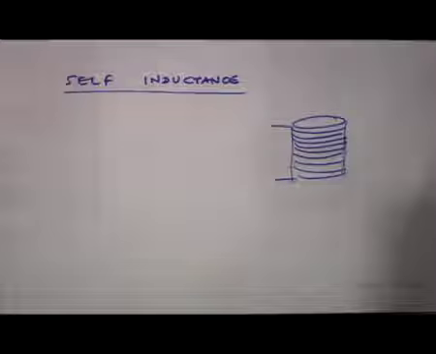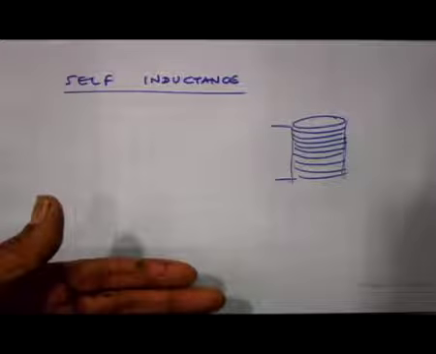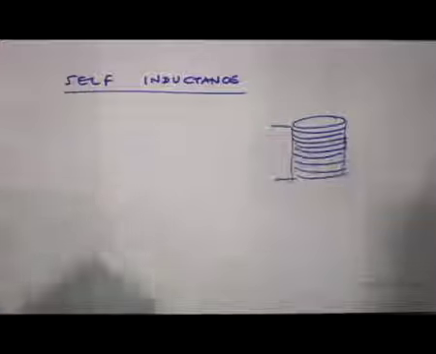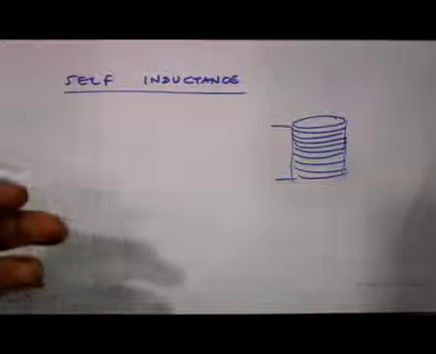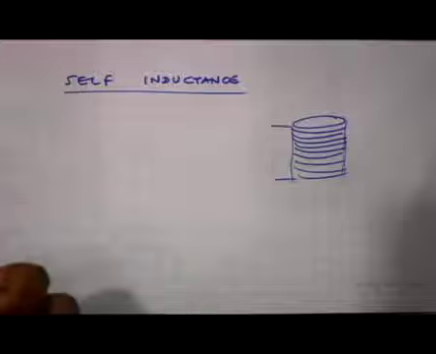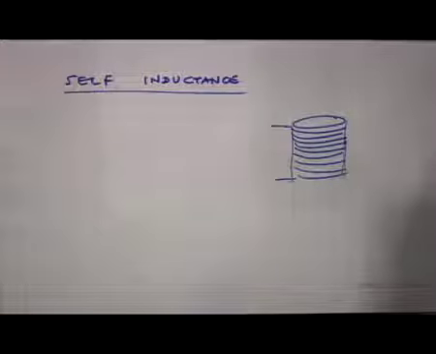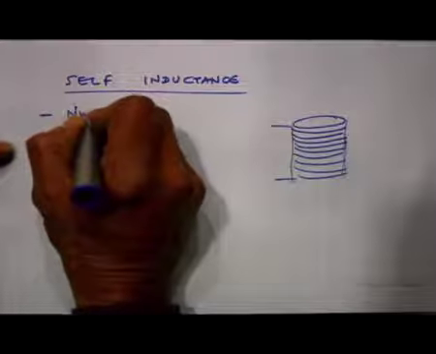Now, when I pass a current through the solenoid, there is a magnetic field generated by the solenoid, and for example, these loops are also encircling those magnetic fields. So, the magnetic field generated by the solenoid is also forming a part of the flux that is passing through the same solenoid. So, suppose let me assume that the number of turns per unit length